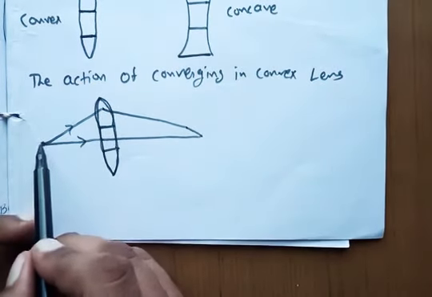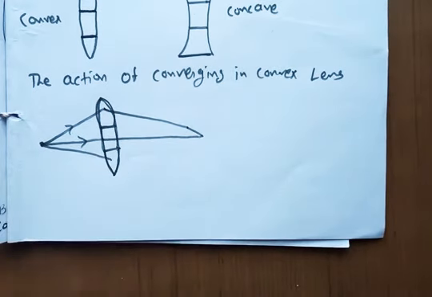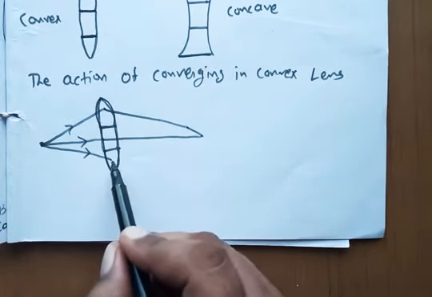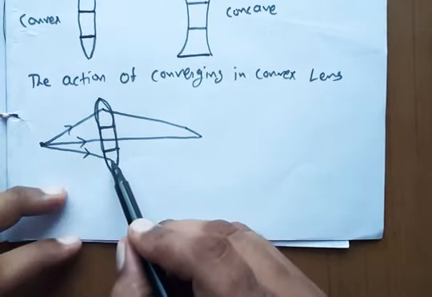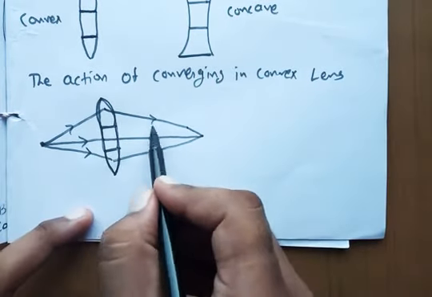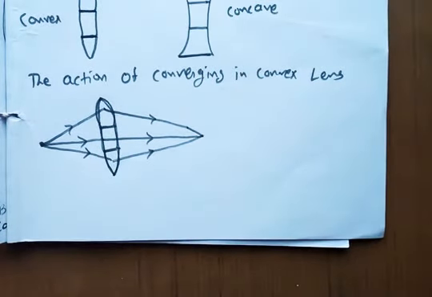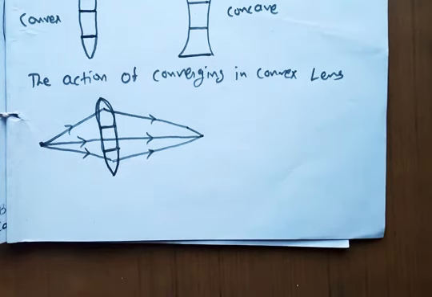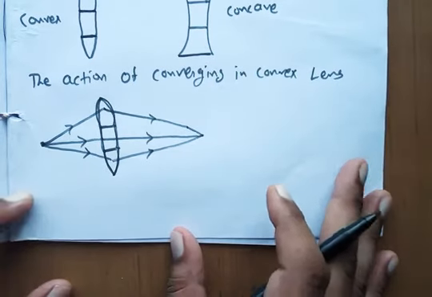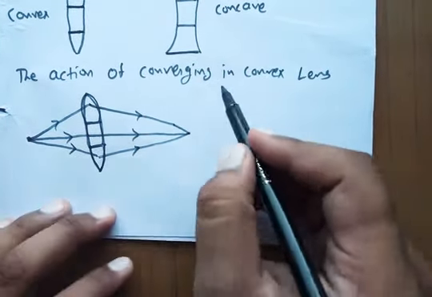And for the third, if the light ray comes to this part, then again this light ray refracts towards the base line. The base is here upward, so it will move again upward. So this is how in a convex lens converging takes place for the rays. Clear? I have not made points here, I could explain with points also, but no need for it. Clear?